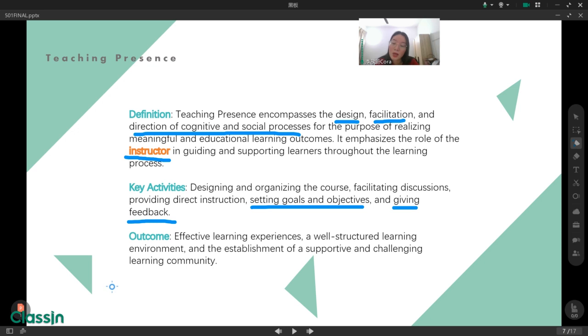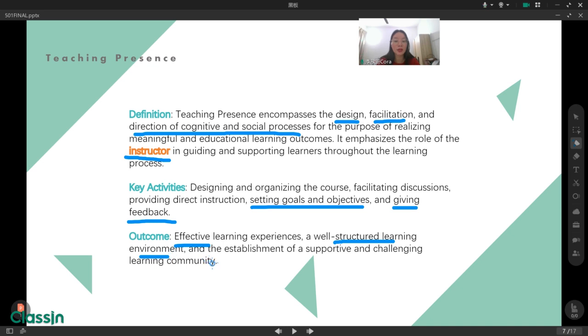And let's go on to the last one, outcome. Outcome here, we just said effective learning. And the second one, a well-structured learning environment.